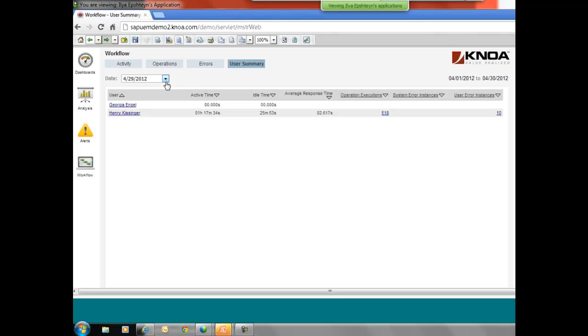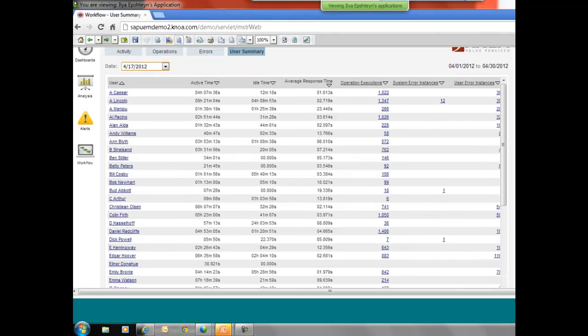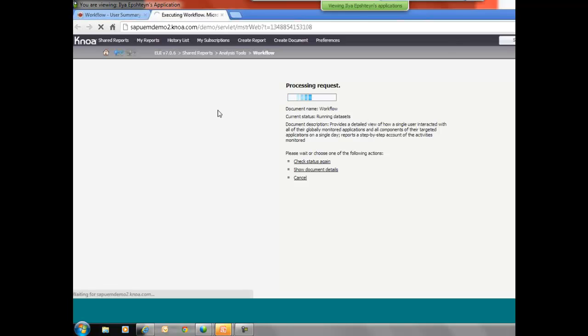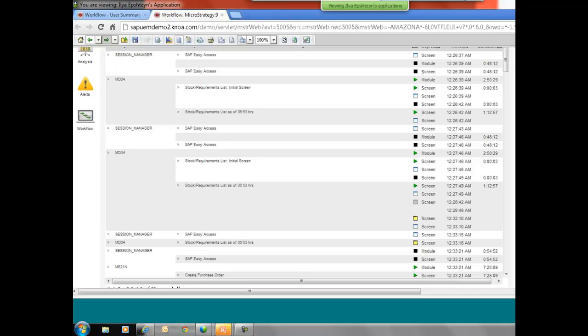With a NOAA solution, because we're monitoring all the users all the time across your entire enterprise, you can actually pull up what's called a user workflow for any user. So, for example, let's just pick any day here, and let's look at some of those users that had a lot of the errors. So we're going to pick on Howard Keel as an example here. I think he had a lot of system and user errors. And with a NOAA solution, if the user's on the phone and says, I have a problem, you don't need to ask him a lot of the common questions as to,